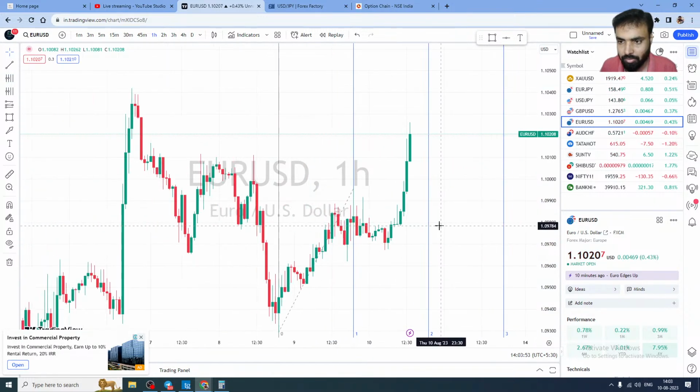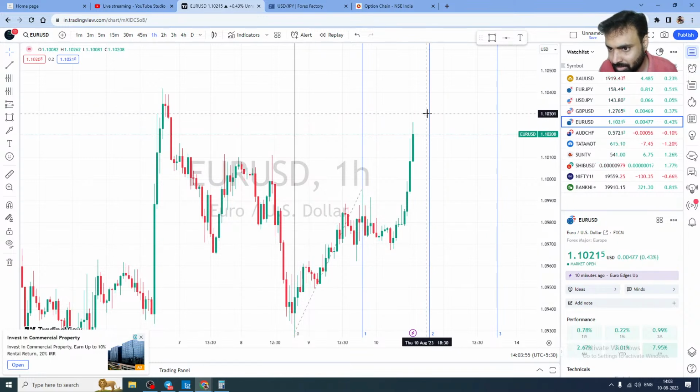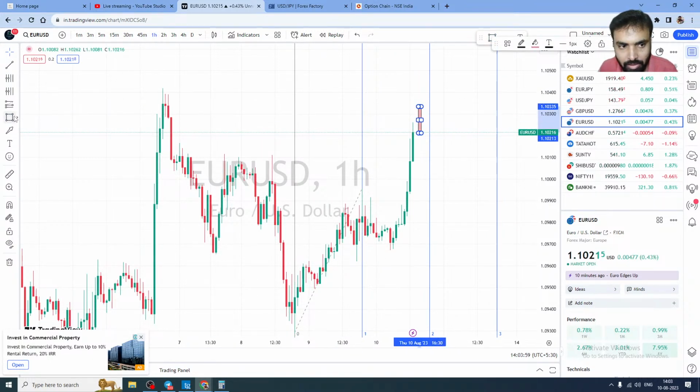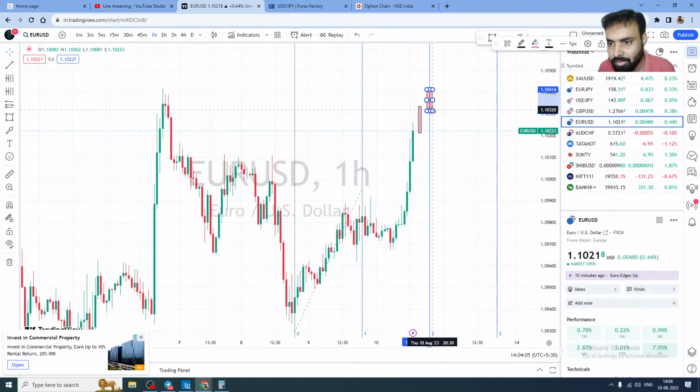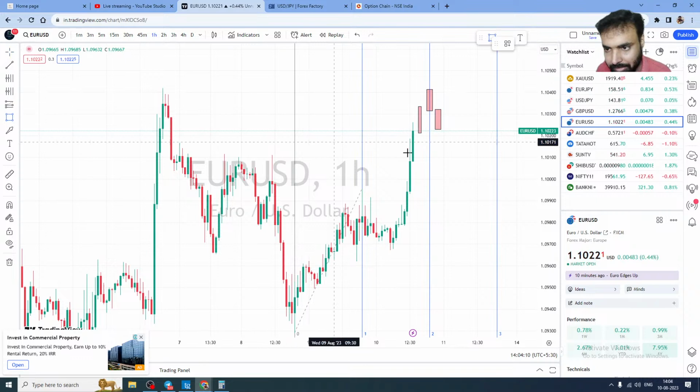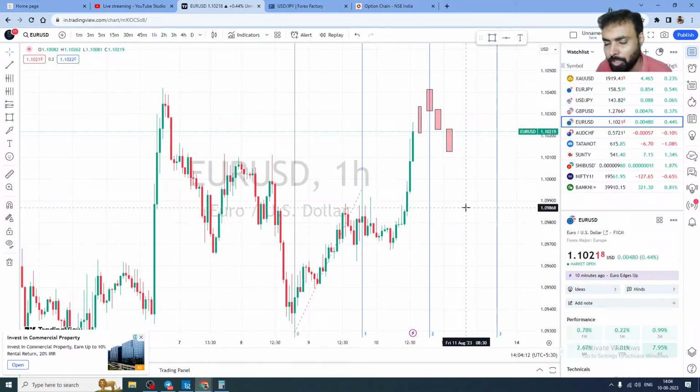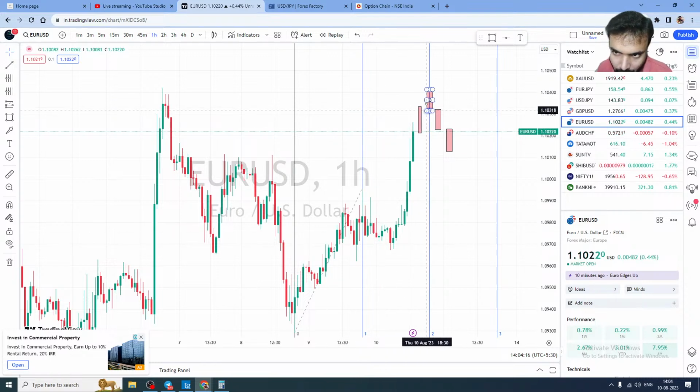So now if the next candle is coming like this, it touches this line, this line. From there you can expect down movement. That is what they are saying. You can expect down movement, so you can look for a sell from this level. If it is a buy market, you can look for a sell.